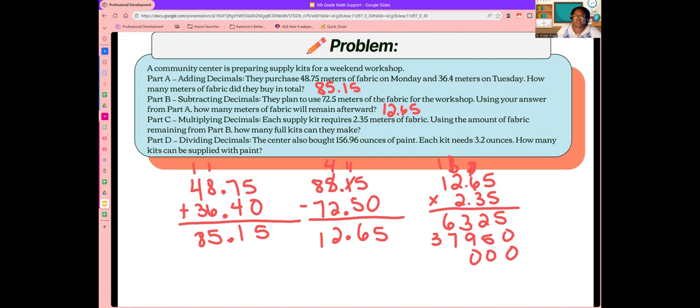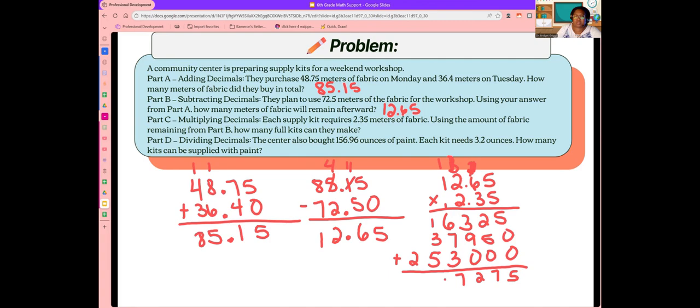2 times 6 is 12, plus 1 is 13. 2 times 2 is 4, plus 1 is 5. And 2 times 1 is 2. Add all of that together. That's 5, 7, 12,